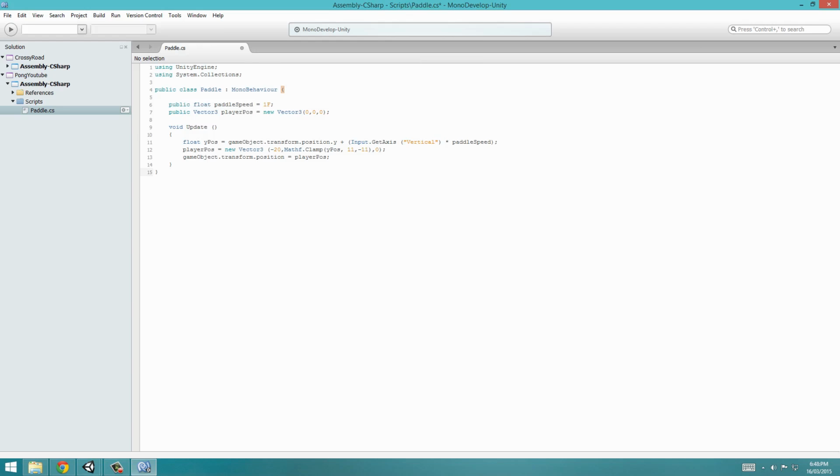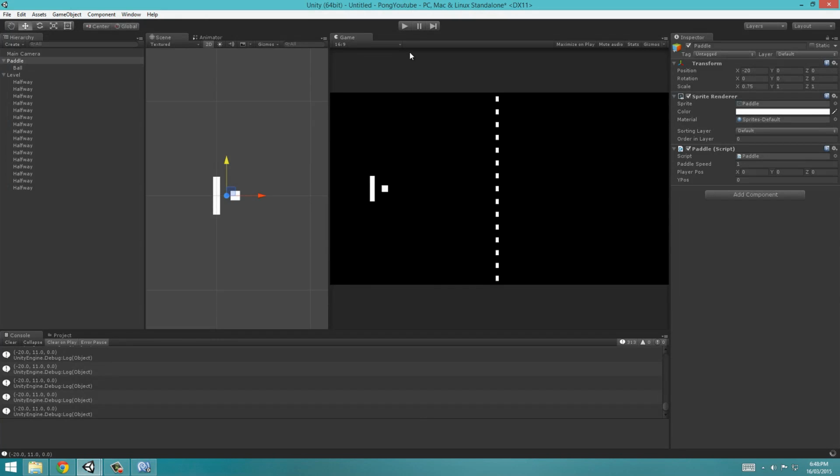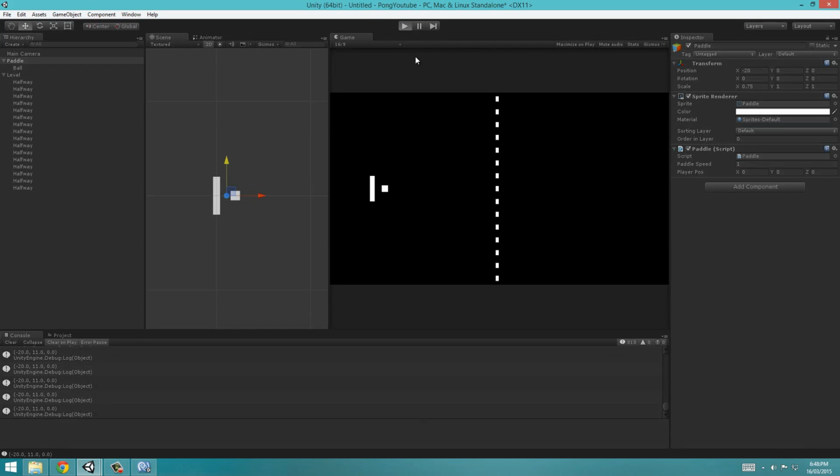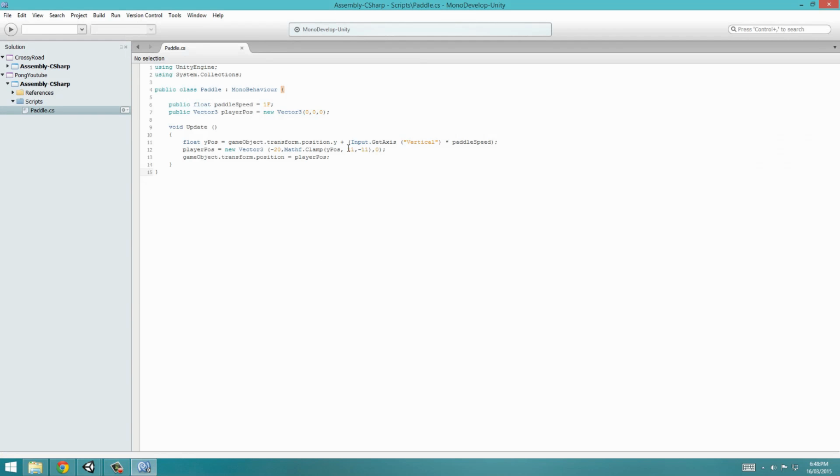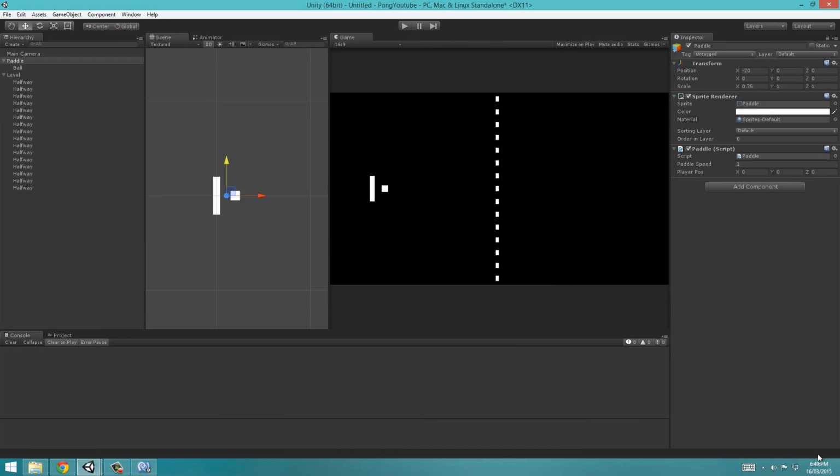So I'm already seeing a mistake here, but before I fix it, just to show you, I'm going to hit Save, open back up Unity, and what we'll do is when we play this, we'll see what a general bug looks like in Unity. So as we can see, that's not performing how we'd like it to. So I already know how to fix this, and it's very, very simple. And that is that Clamp likes the negative value first and the positive value second. So if you hit save, go back into Unity, wait for it to compile, press play,